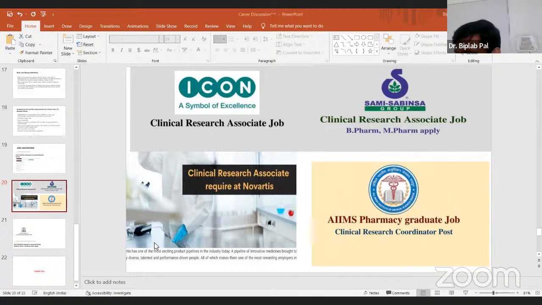Yes, very good question, Nitesh. How can a fresher join as a clinical research associate in industries? It is a very good question, and as a fresher, it comes to everybody's mind. So as a fresher, how is it possible to get it? I will suggest those who are freshers, at least read about GCP, good clinical practice, and basics of pharmacovigilance, which is already there in the B Pharm. What is adverse drug reaction, what is adverse event, what is SUSAR, what is PSUR, what are the roles, and read about drug classification and keep some pharmacological knowledge and some aptitude skills,